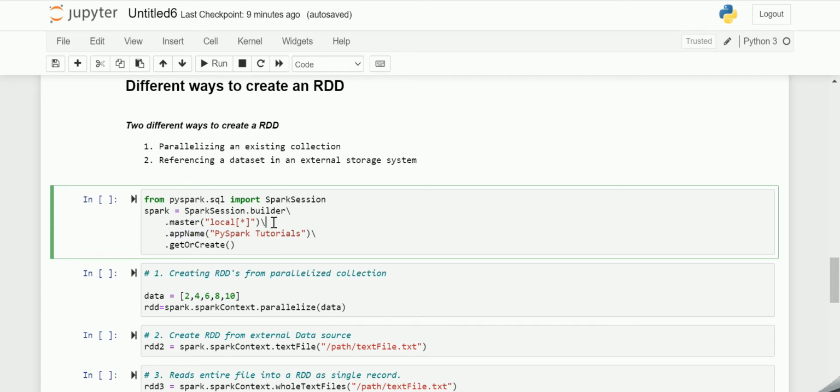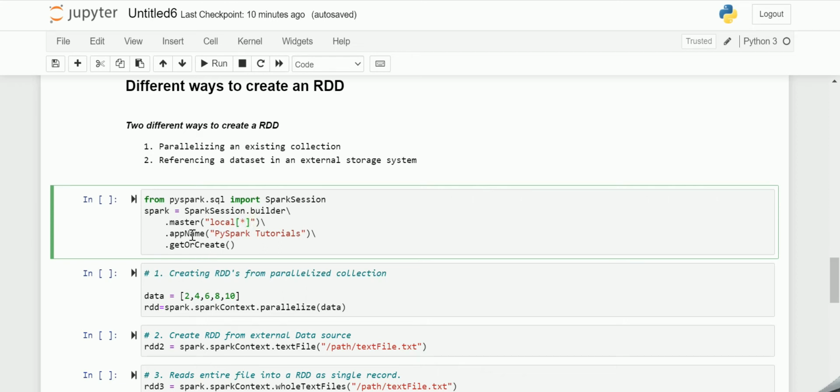Here I have used local star. This means I am running in the standalone mode. The star which I have provided here can be any integer value and should be greater than 0. This represents how many partitions it should create when using the RDD, data frame, or a dataset. Ideally, this value should match the number of CPU cores which you have.